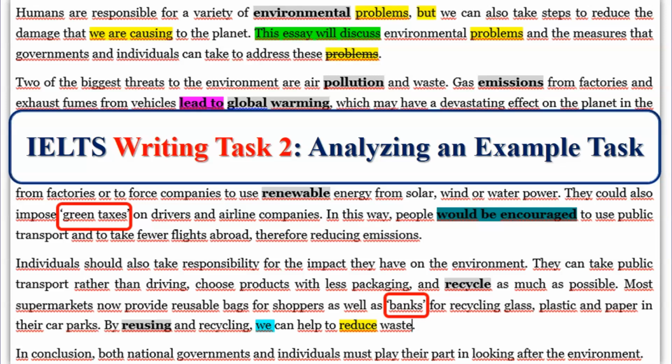Hello, it's IELTS with me tutorial, and today I'm going to show you how to write a Band 9 essay for your IELTS writing task 2 question. Actually, in this module, we'll focus on analyzing an example task as well as explaining step by step all of the techniques and strategies that the candidate needs to improve his or her band score. Okay, let's get started.